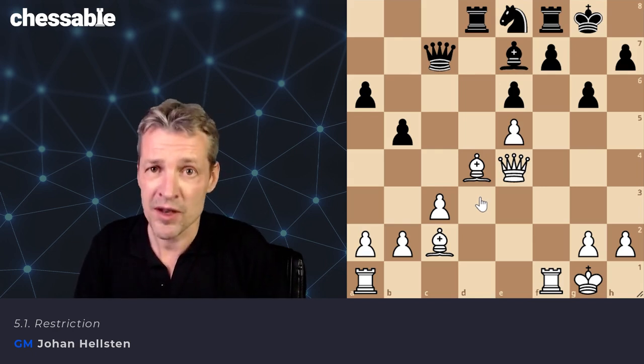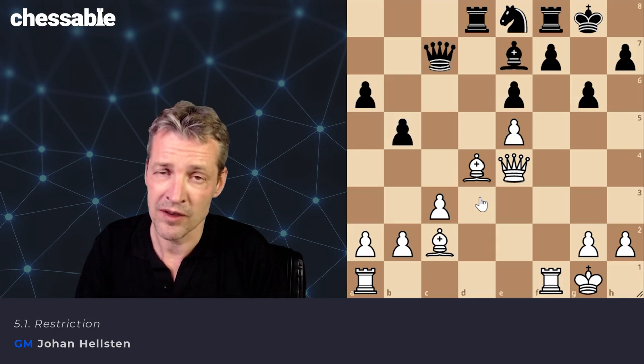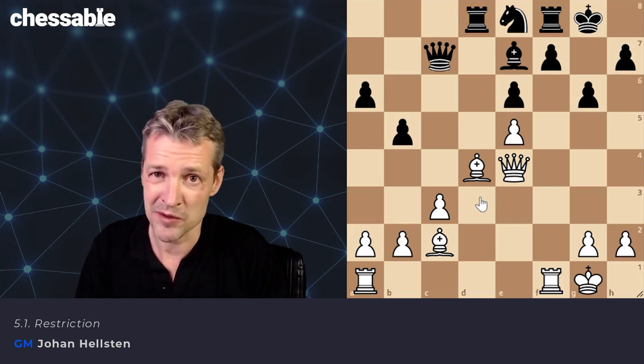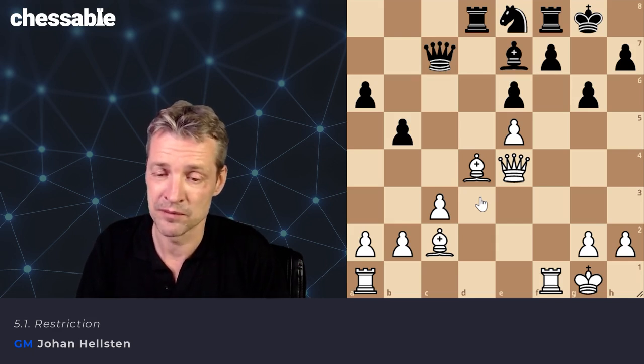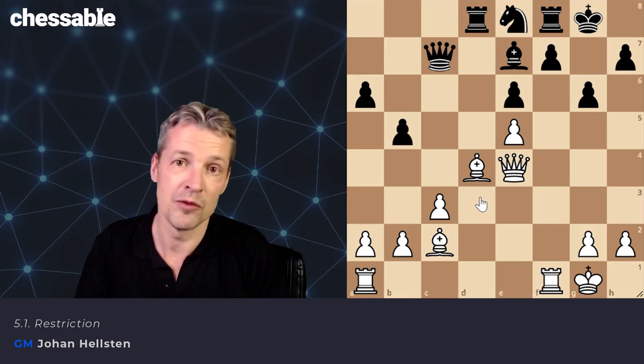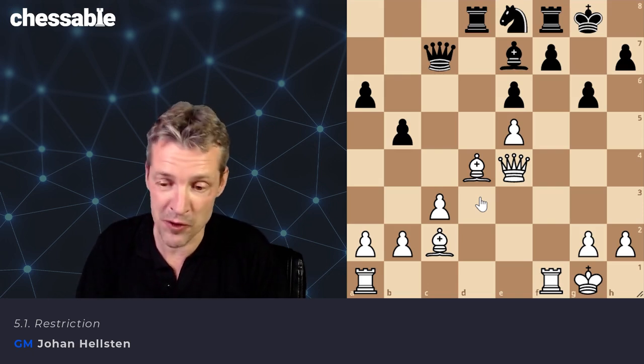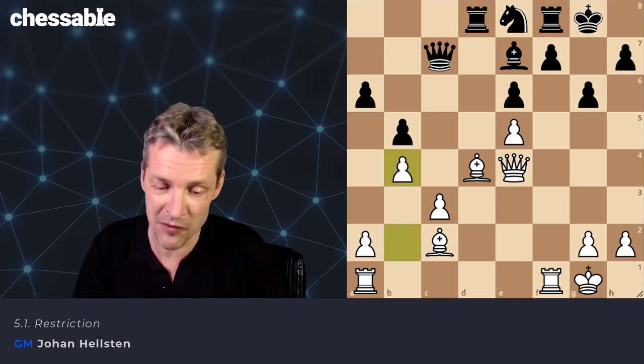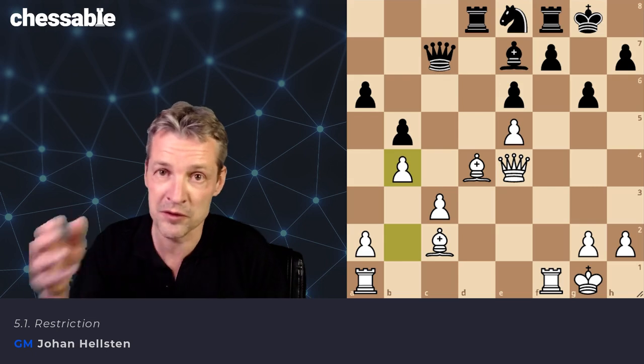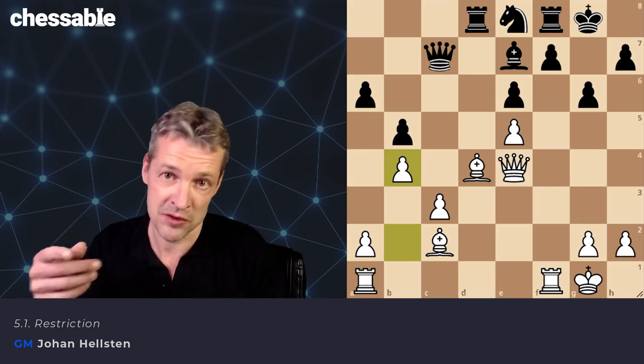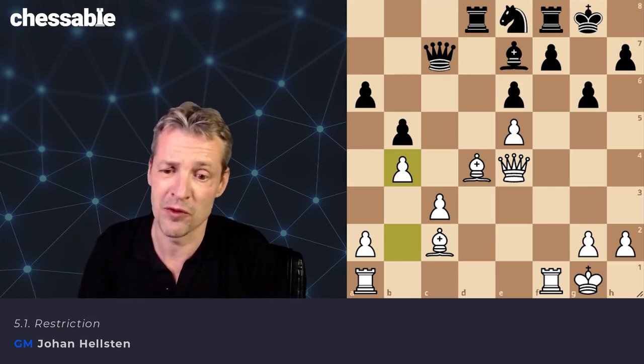So can you guess what Nigel Short played here? Can you see how he can prevent black's plan of playing bishop c5? You got it. We will use those little guys, the pawns. b4 was played in the game. Very, very clever move. Only if you understand prophylactic or restrictive thinking, you can come up with this move, because